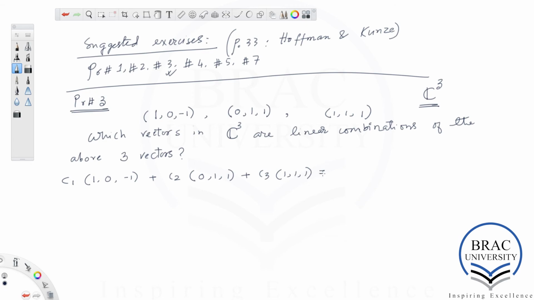Let me call this linear combination of these 3 vectors z1, z2, z3, that is a vector in C3. Now the left hand side has to be the same as the right hand side, so we get a system of linear equations as follows. C1